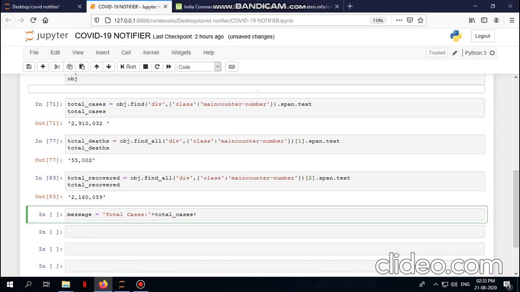Okay, then we'll give slash n because we want it on another line. So we'll do recovered cases, and we want total deaths. Here we'll pass total recovered cases.